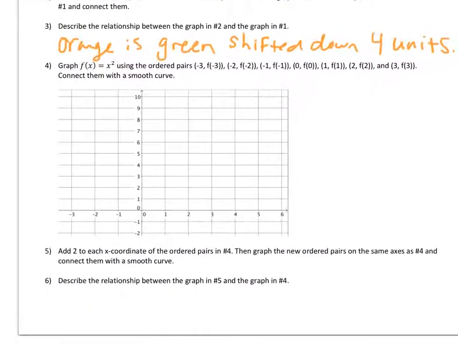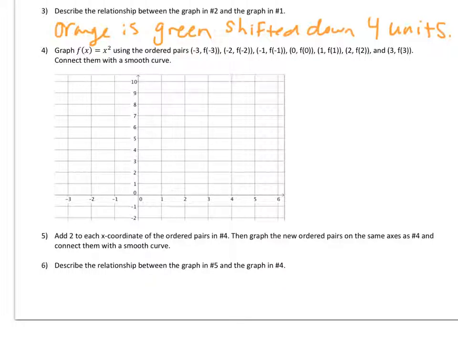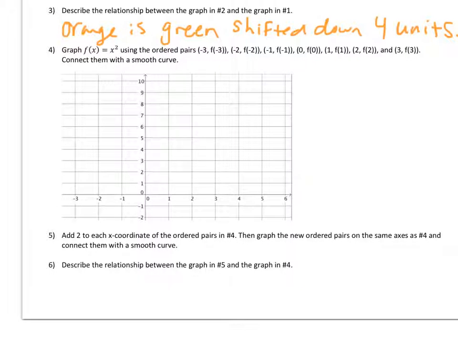Okay, I'm going to leave number 4 for you to do on your own. All right, never mind, I'm going to do it with you. Okay, so I want to graph f of x equals x squared using these ordered pairs and connect them with a smooth curve. So my points are actually going to be -3,